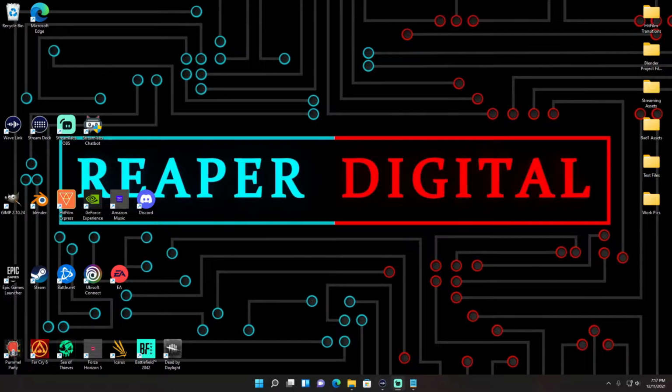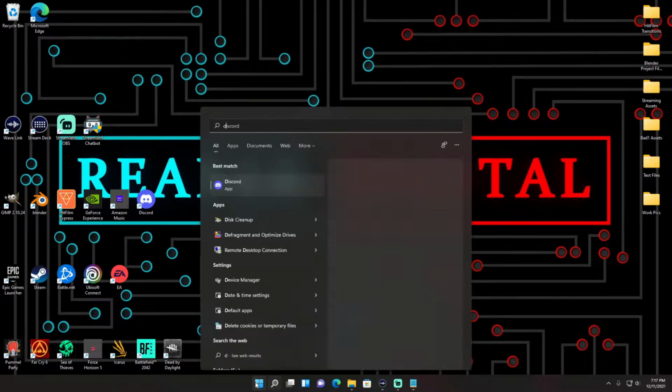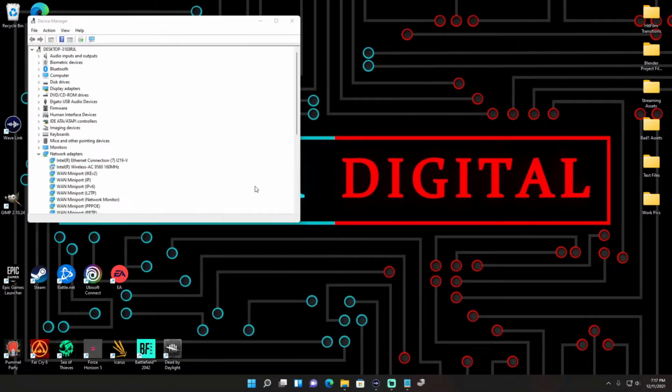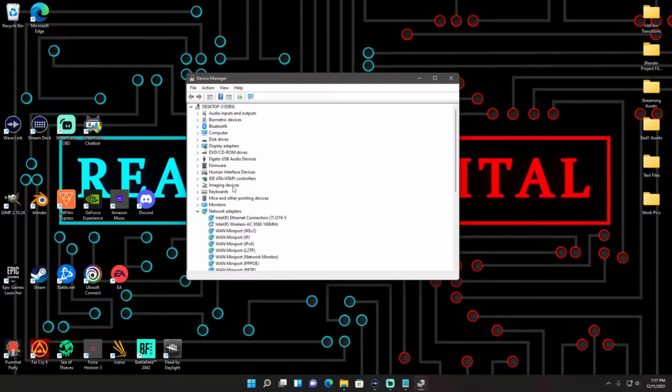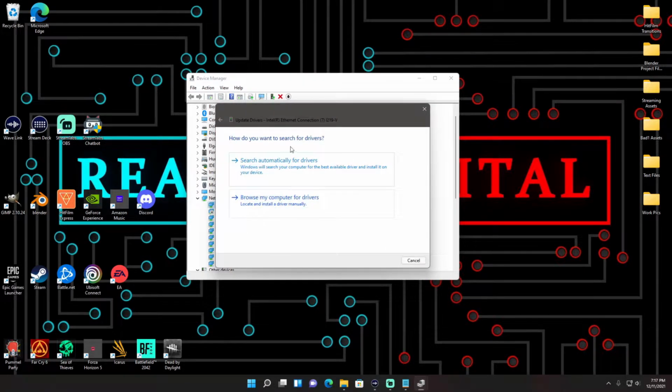How to optimize your PC, part 5. Down here in the Start menu icon, select that and type in Device Manager. Select that. And within these devices, you're going to want to look for network adapters. By default, it probably isn't going to be open. So you left click the arrow next to it, and then you right click the Ethernet connection, update driver, search